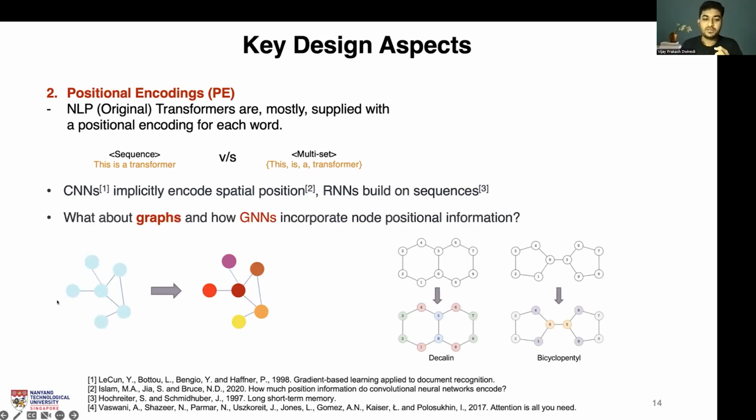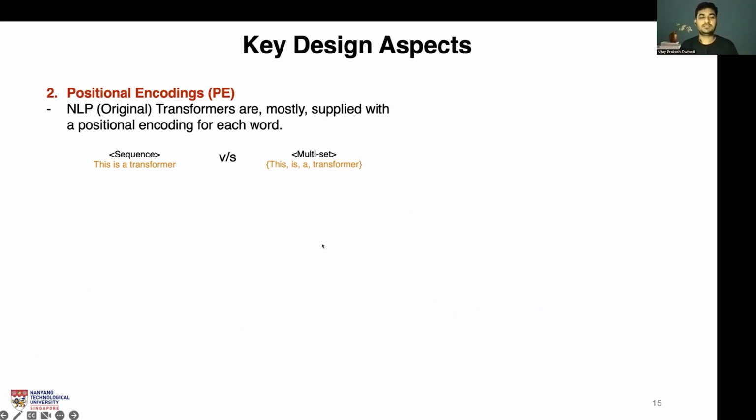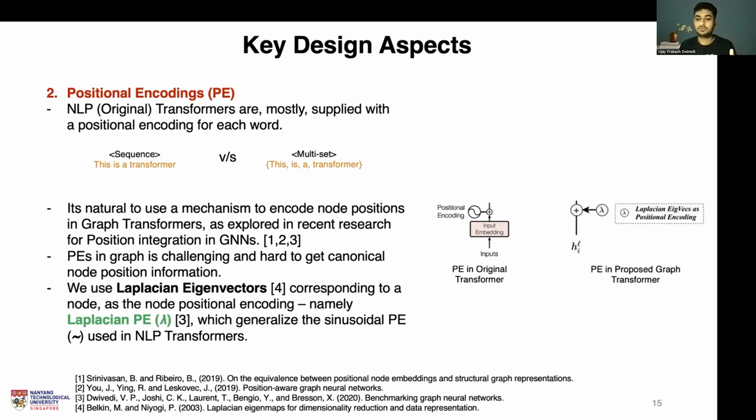When we have graphs where we are not considering positional information, similar to the scenario of having a multi-set of words, in graphs, if we do not have positional encoding, this is like having anonymous nodes. We don't know how a particular node in the graph is spaced out or located. If we had some positional information, it would ideally make nearby nodes have similar features, and distant nodes have dissimilar positional features.